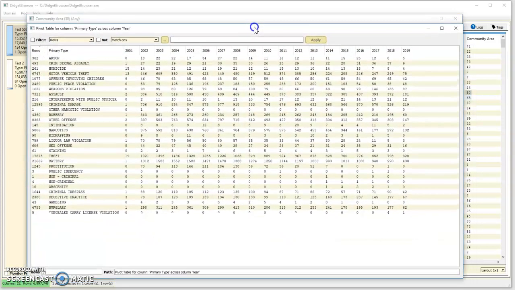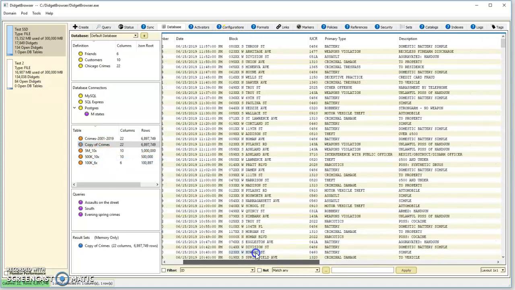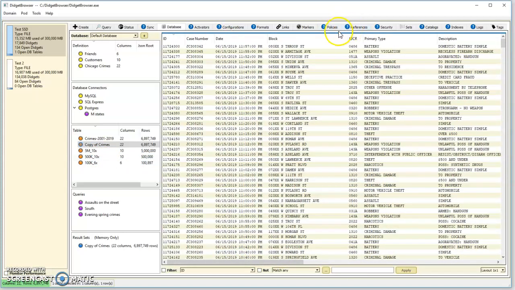And same kind of pivot table, except this time we only have the crimes that were committed within community area number 30. We can save that off as an entirely new table. We can let you drill down, do analytics,